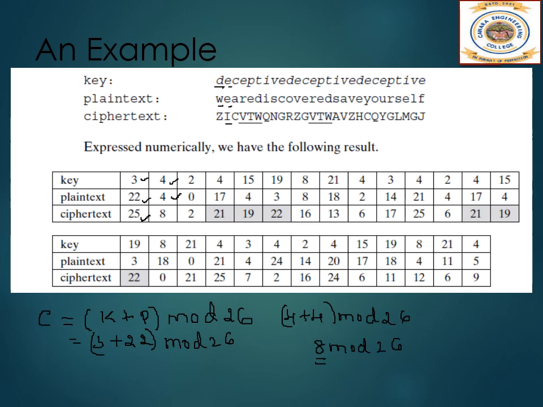Nevertheless, if the correspondence is close, we can assume a monoalphabetic substitution. If, on the other hand, a Vigenère cipher is suspected, then progress depends on determining the length of the keyword. That we'll see how it is. Now if we concentrate on the keyword length, then the important insight that leads to a solution is the following.